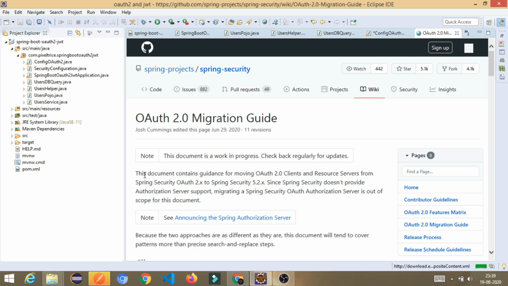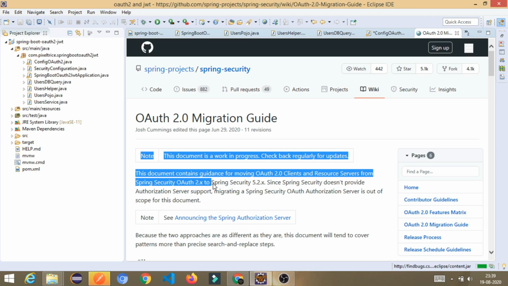If you read the first line, this document contains guidelines for moving OAuth 2.0 client and resource server from Spring Security OAuth 2.x to Spring Security 5.2.x. So this is basically the migration guideline, how you can shift from the older one to the newer one.